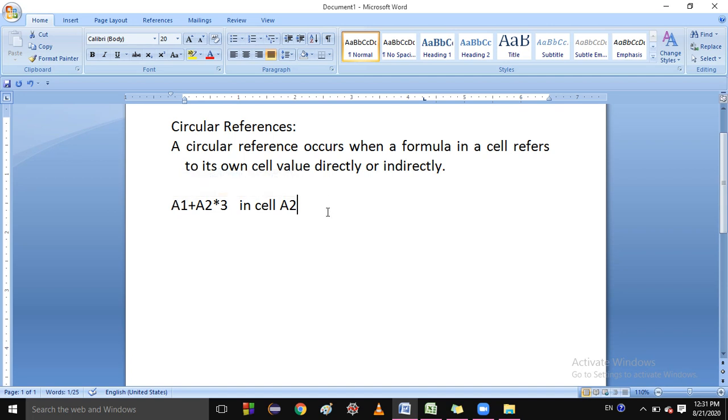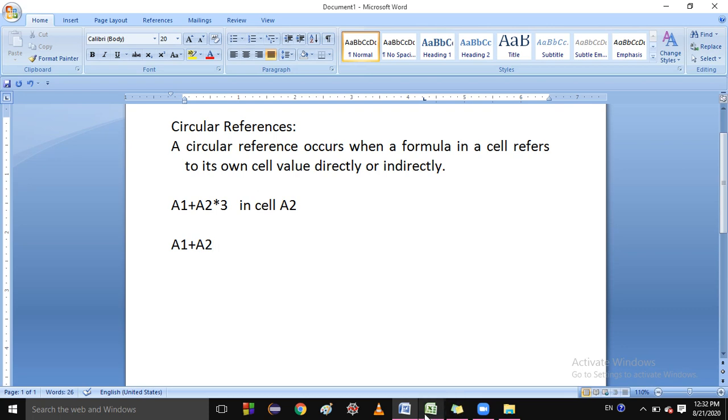Next one, the absolute references. Absolute means if we are moving from one cell to another cell, there will be no effect on my formulas or functions. On the range or the cell address, there will be no changes in the formulas or functions. So suppose I am writing A1 plus A2, and I am moving.